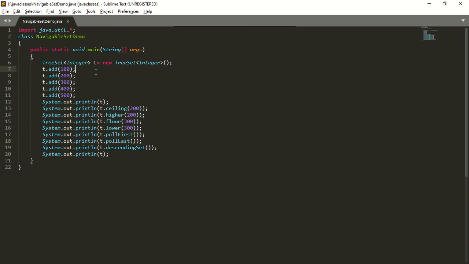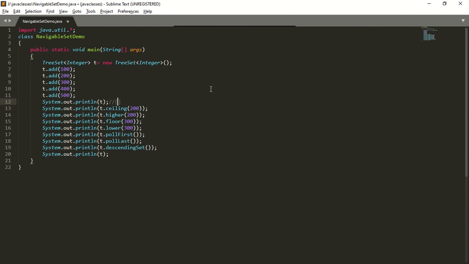Next, I want to add elements into the tree set. What is the method? The method name is the add method. So t.add of 100, 200, 300, 400 and 500. So I have added 5 elements. Next, I am going to print the content of the tree set.